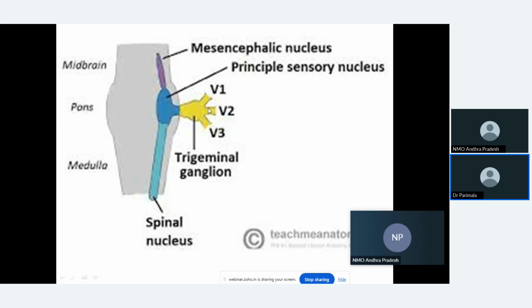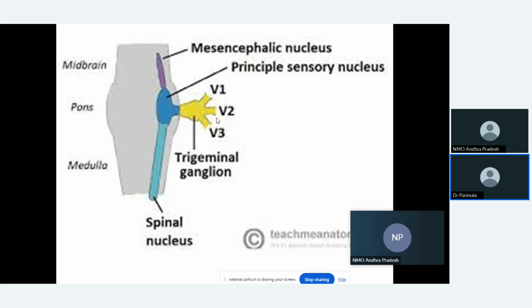All the information that is received from the trigeminal nerve, either it is the ophthalmic division, maxillary division, or mandibular division, all these fibers will come and they will relay in a sensory nucleus. But this sensory nucleus is of three kinds: the mesencephalic nucleus of the midbrain, the principal sensory nucleus of the pons, and the spinal nucleus of the medulla. Why are three nuclei there and why are they extensively present? Because we have three types of sensations. General touch sensation. The general touch sensation from any division of the trigeminal nerve will reach the pons and get relayed in the principal sensory nucleus.